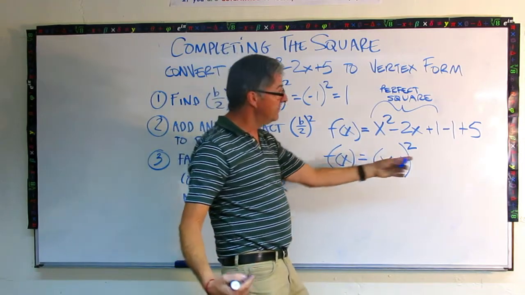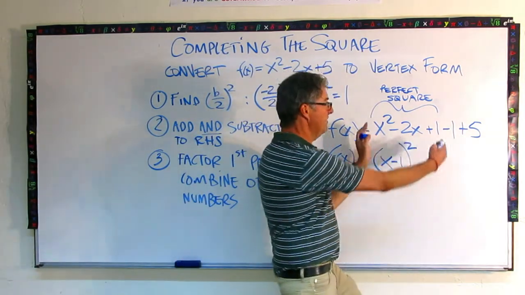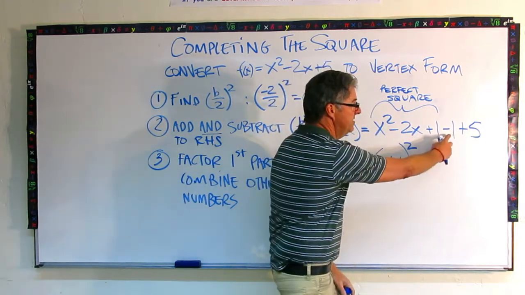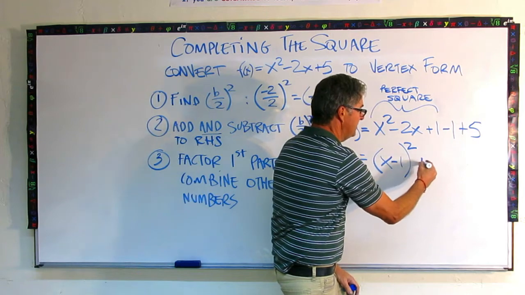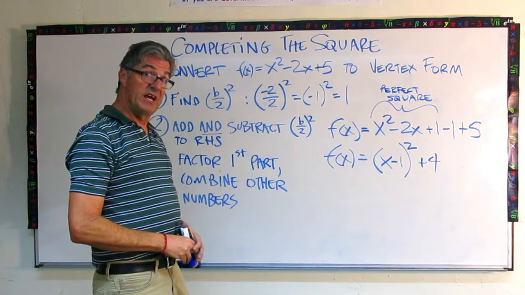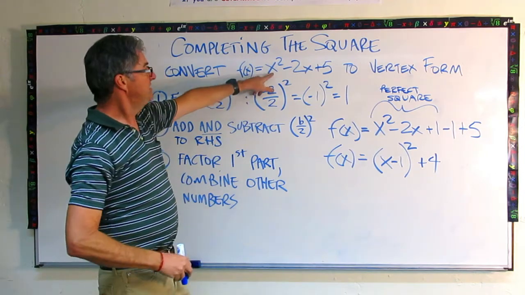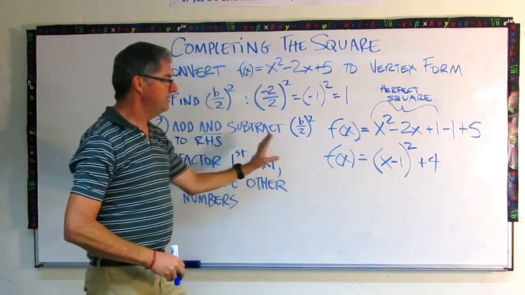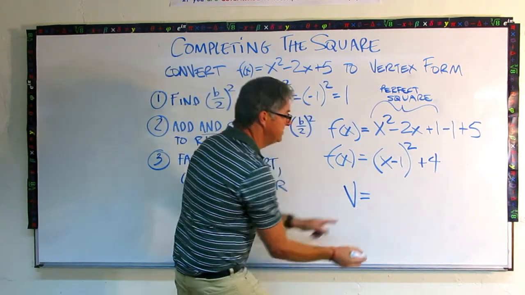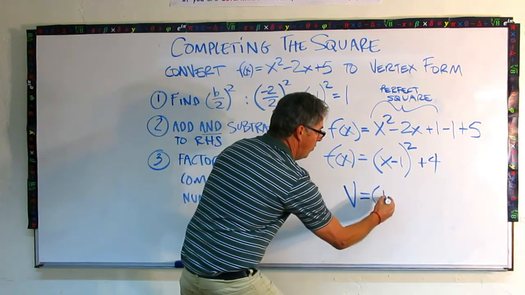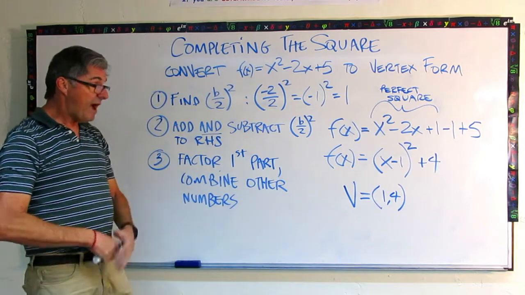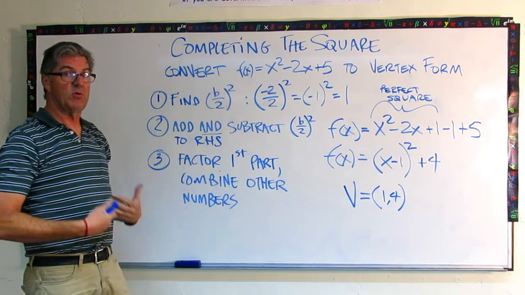Now, combining the other numbers, these two guys were left out of that. We factored these three terms into this, so these two guys just come down. So minus 1 and plus 5 is plus 4. And we are now in vertex form. We went from standard form to vertex form by completing the square. We can state our vertex now. Our vertex is, change the sign on that one, 1, comma, 4. And so now you could graph this parabola, you could create a sketch of this parabola quickly and easily without